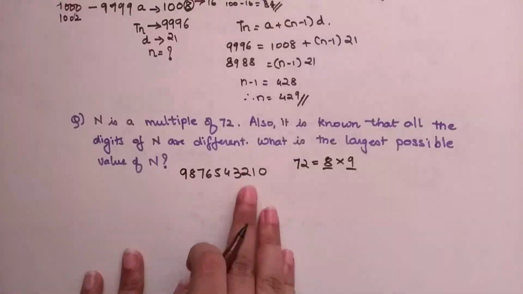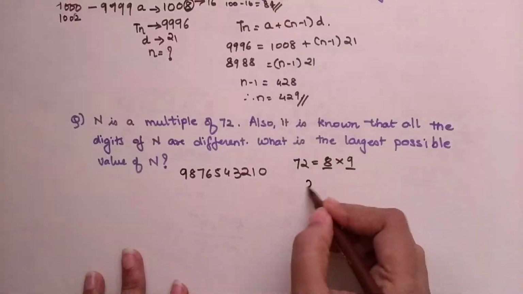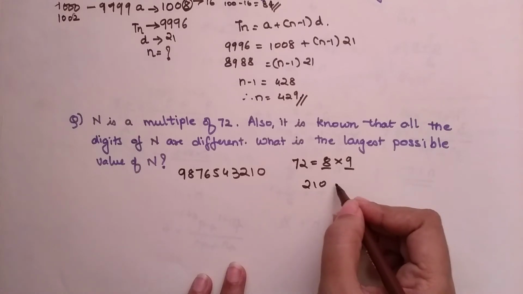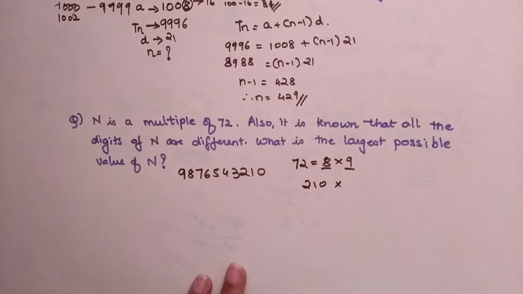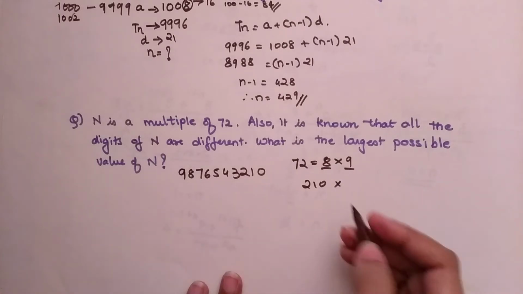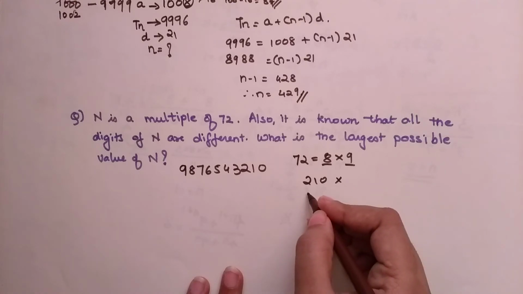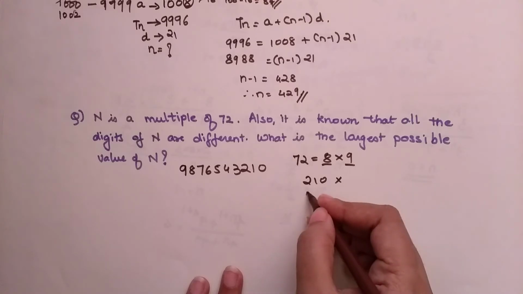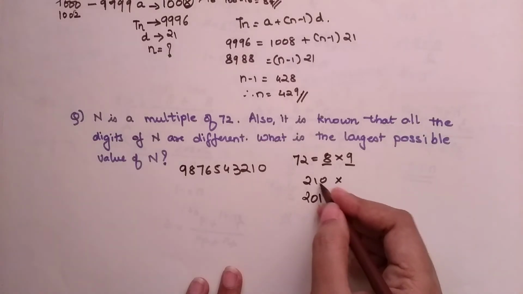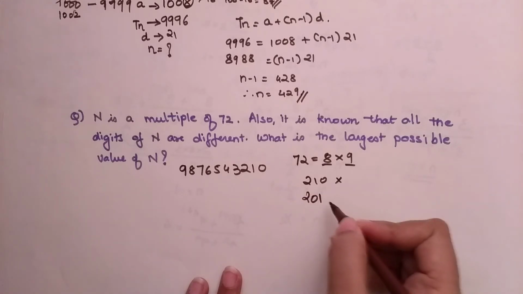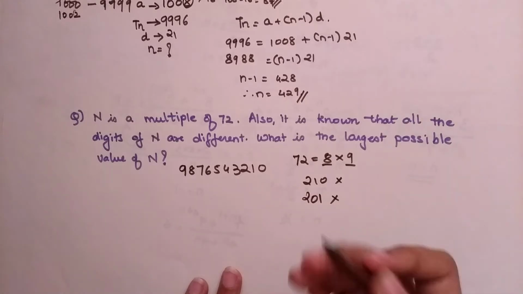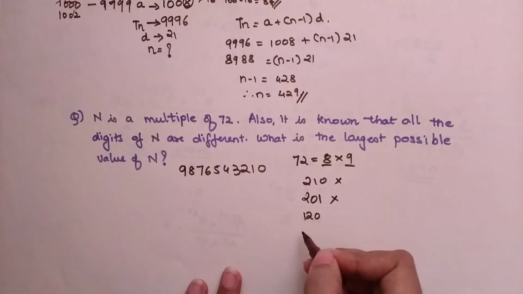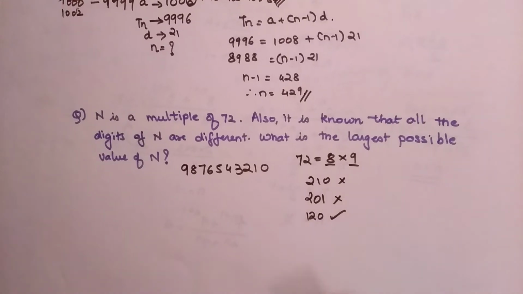Okay, now if you look at 210, let's see whether 210 is divisible by 8. No, when you try dividing, you get some answers in decimal points. So that is not possible. Now let's check for the other answer. We'll check for 201 then, because that's the next largest number which can be formed. Okay, so 201 again, because that's an odd number, straight away we can say it's not possible. Now we check for 120. Let's check. When you check for 120, we see that it is divisible by 8 as well.